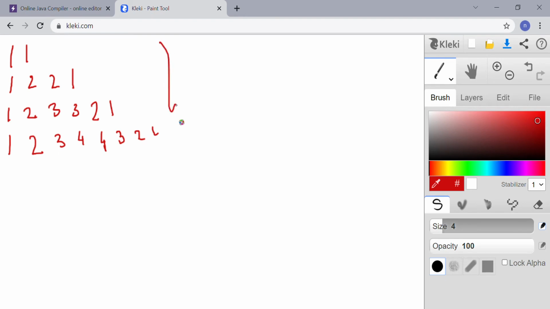For maintaining the row, we need one for loop. So for i is equal to 0, i lesser than 4 in this case, then i plus plus.